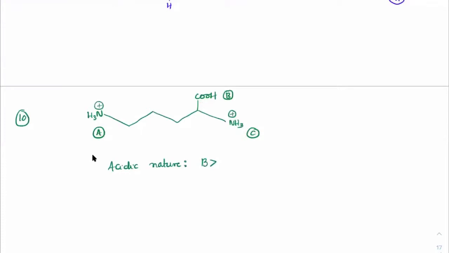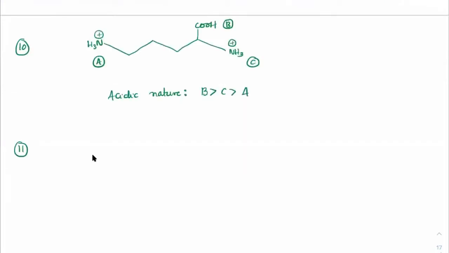Then you will check out between A and C, which one has what effects. With respect to this molecule, COOH is a withdrawing group, no? Since it is a withdrawing group, it will give minus A effect. So minus A effect will increase the acidic strength. So which will be more acidic? C than A. Now, intramolecular hydrogen bonding will only happen when you have planarity. With respect to this carbon, there is no planarity. Neither are all of these hydrogens in one plane.